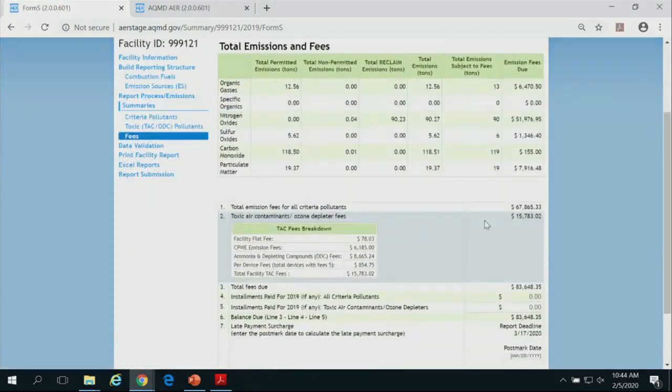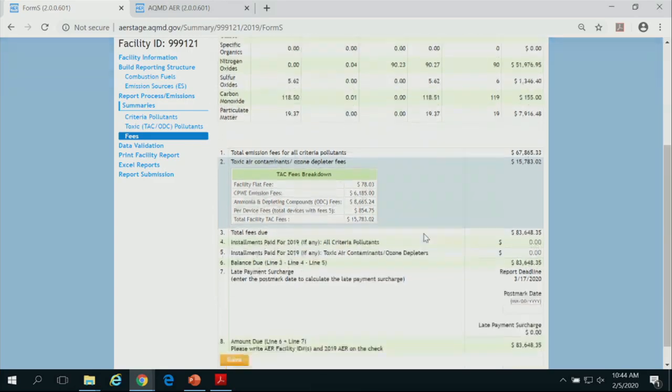And one thing that you need to keep in mind is the toxic fee functionality of the tool gets activated if your emission is above 4 tons for criteria toxic pollutants and 100 tons for CO, carbon monoxide, or if you're subject to 2588 regulation, or if you're subject to the state uniform reporting regulation. If you're not any of these, that fee section shows you what your emission fees would be, but it shows you all zeros. So it tells you, if I would get pulled into those programs, I would pay this much. That information is provided to you.